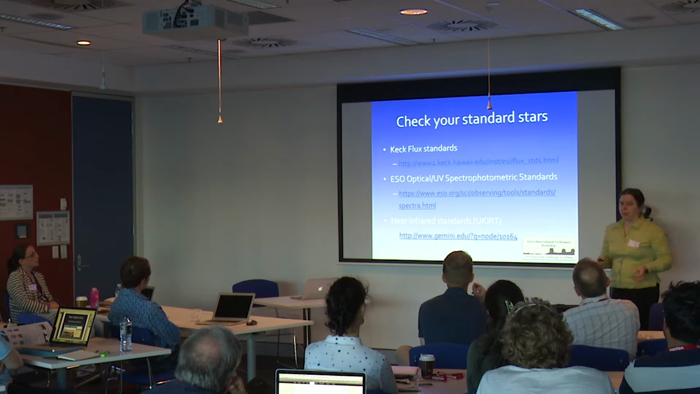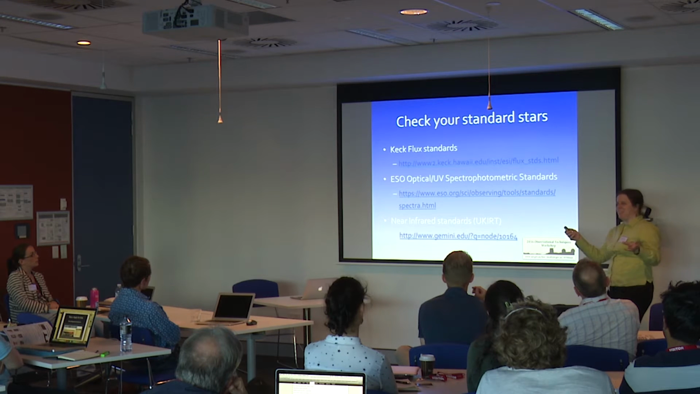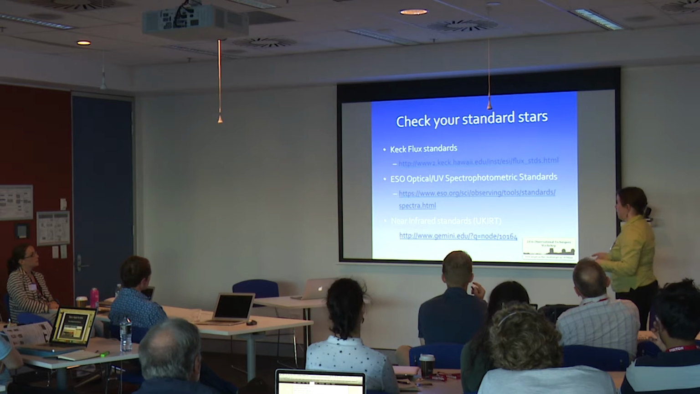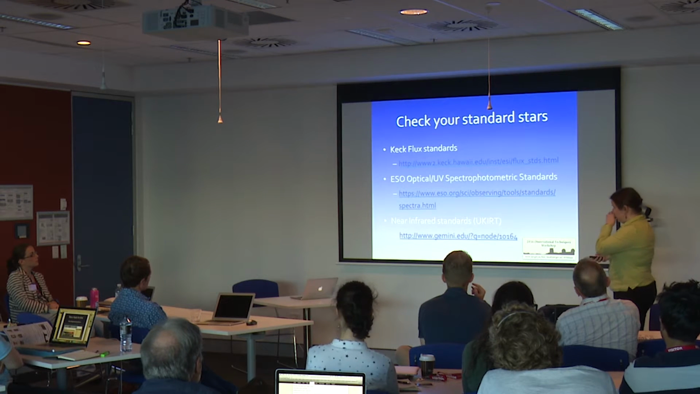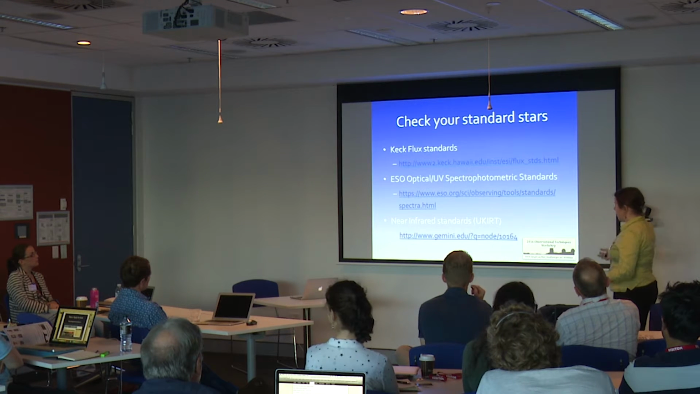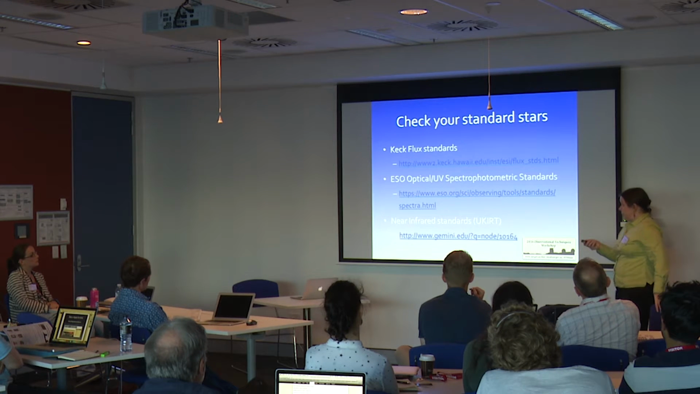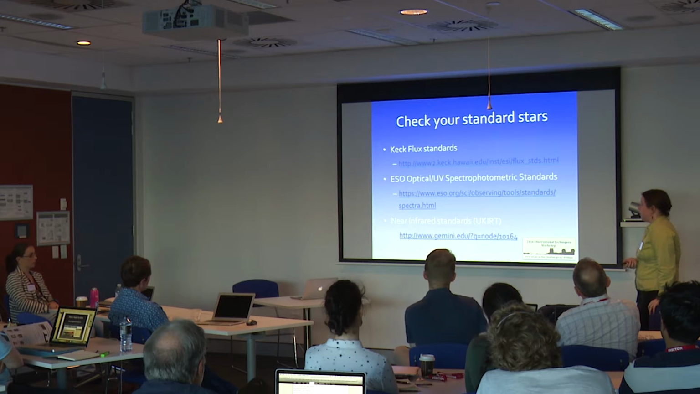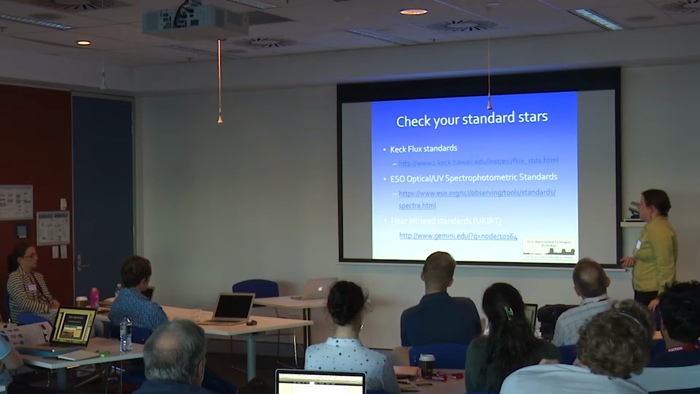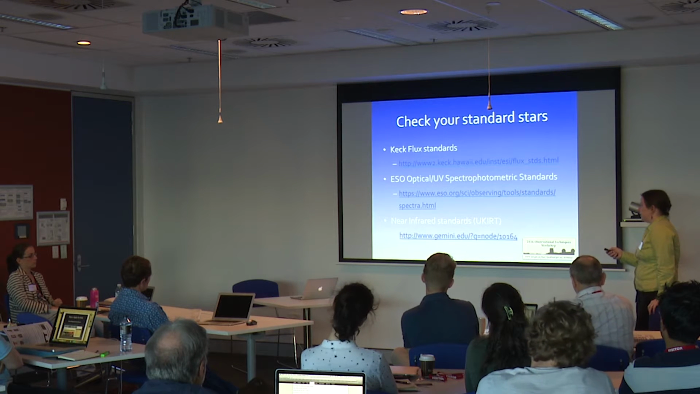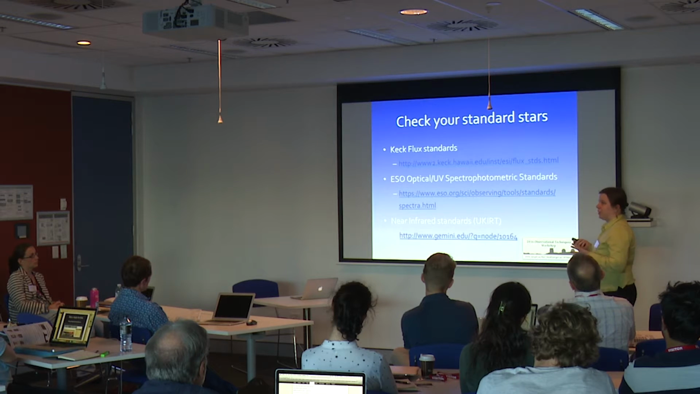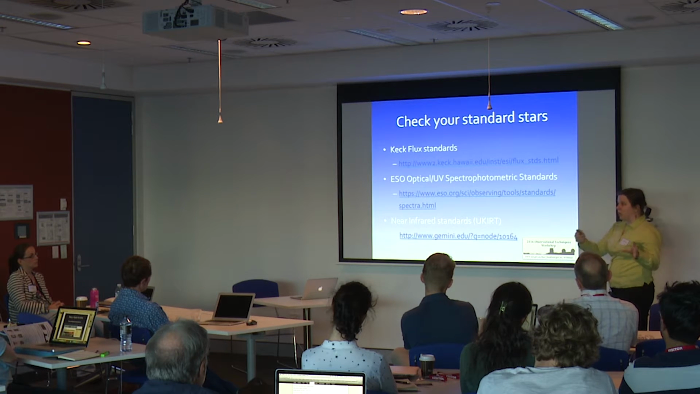So each telescope, of course, is different. They all have their standards listed for them and what that means. So this is just a little example. Keck's got flux standards. ITSO has a whole list of spectrophotometric standards that you can just grab, and there's Euclid infrared standards, Gemini. Once you've found your telescope and your instrument, go and see